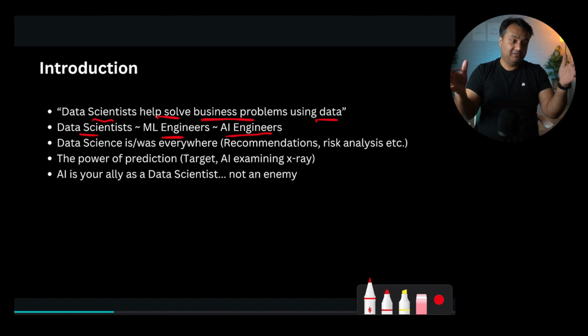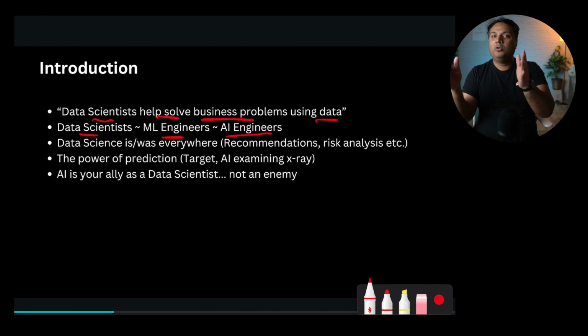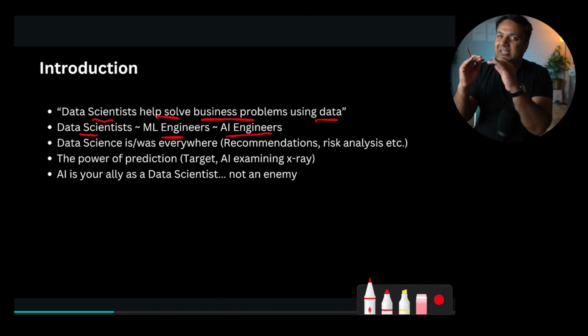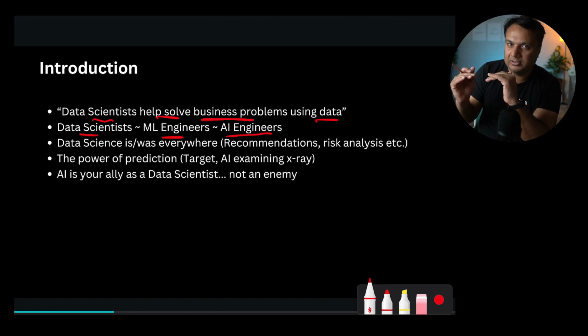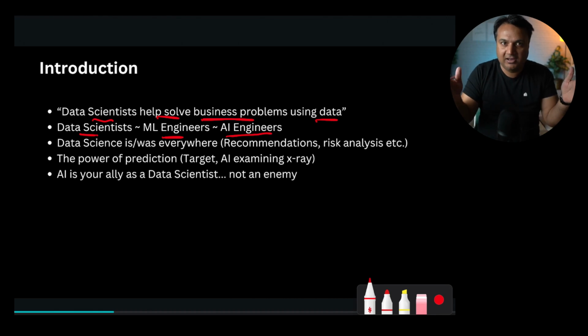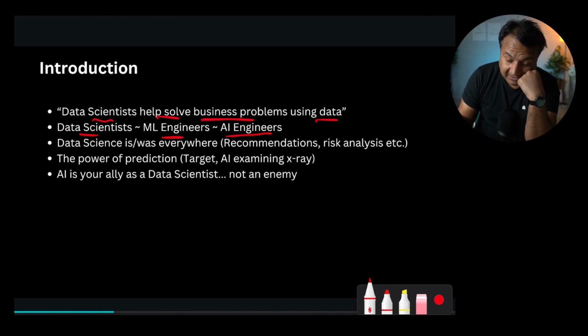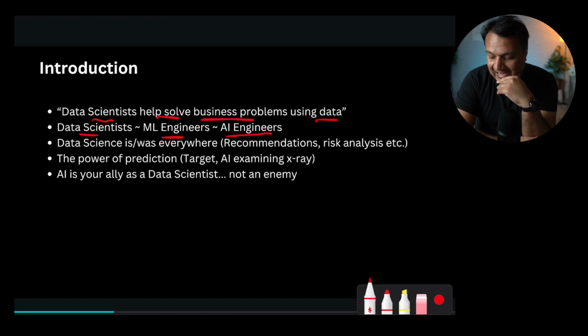So as a data scientist, we do a lot of things. Machine learning engineers, sometimes in some companies, are more focused towards model development and deployment. So it's a slightly more specialized role within the same umbrella of data science. And for AI engineers, I think this is still data scientists with some knowledge about large language models, because since